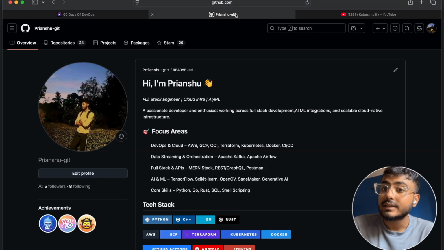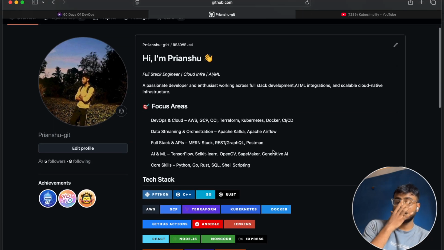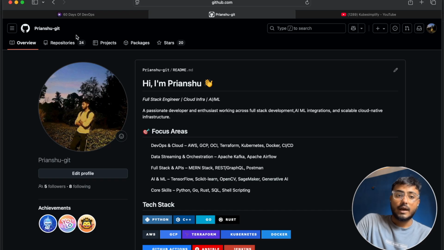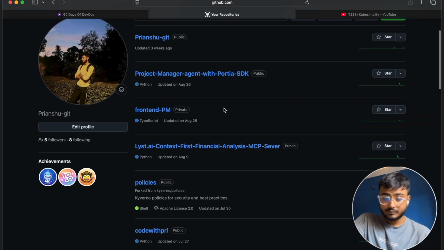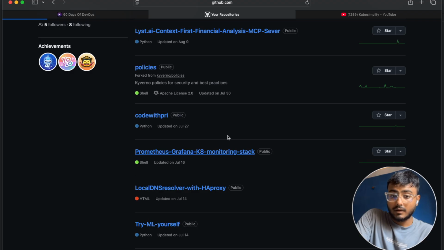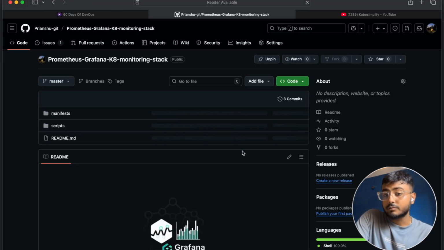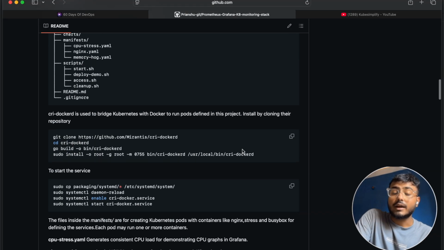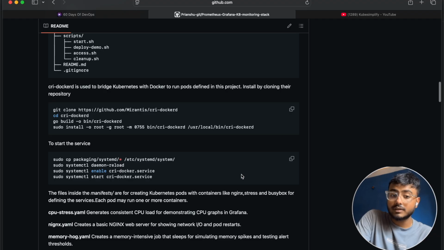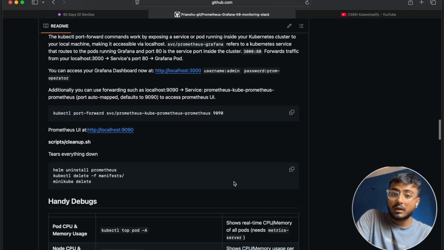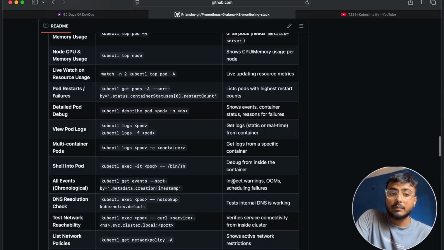And lastly, but not least, I have my own GitHub. You can consider going through it. It also contains projects which are really hands-on. You can follow them through using the README file. It has an explanation for each and every component, and also how you can get started, starting from installation to running the service. You can also build on top of all of my projects. So consider checking out my GitHub at